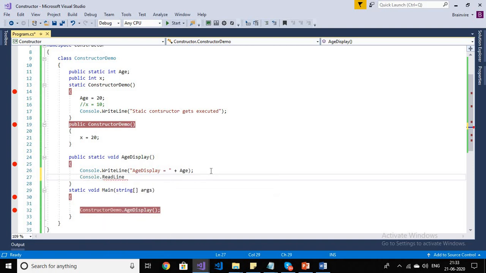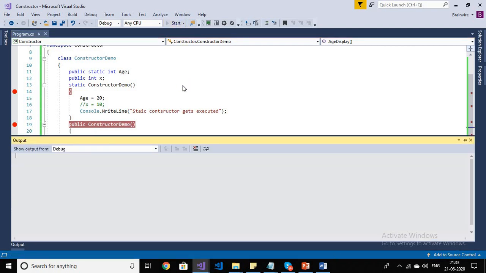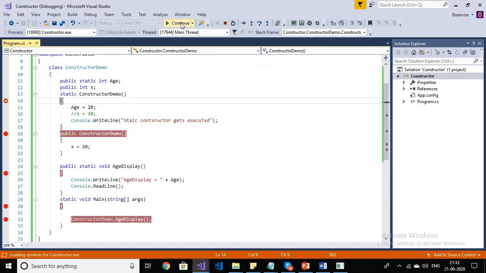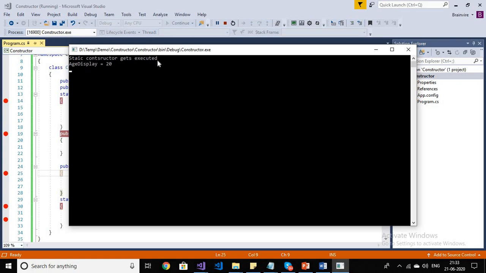I have written a console.readline here. So first my static constructor gets executed, after that the instance is created, and after that my age display method is called. The static constructor gets executed before creating the instance, and after that the age display method is called.